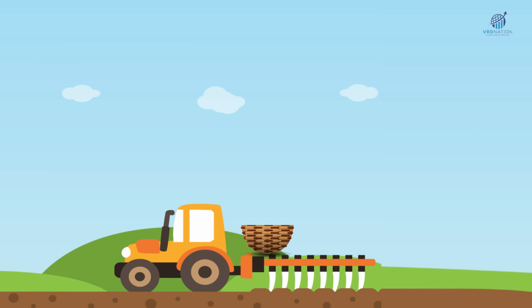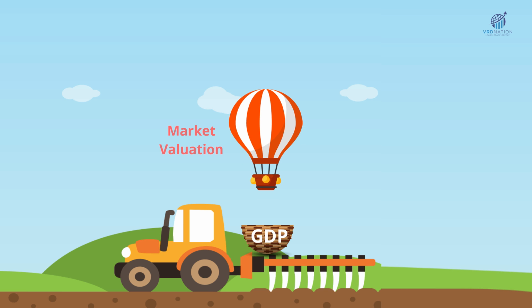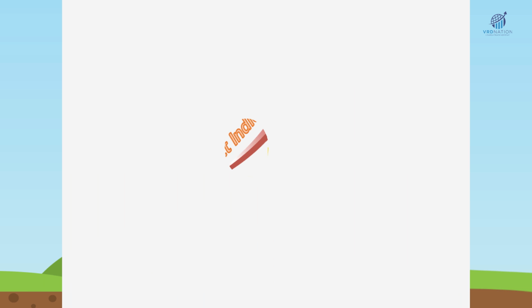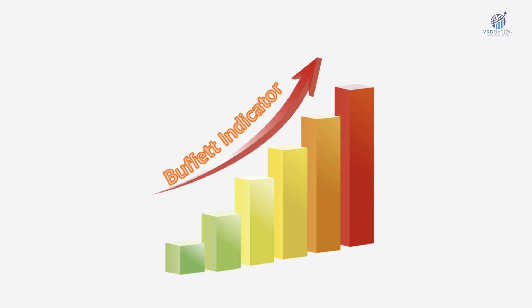The logic behind the indicator is that the GDP of a country gives us hard, ground level information about the country's economy, whereas the market valuation is very subjective. So, by anchoring the market capitalization to the GDP, we can make an objective assessment whether the valuations are reasonable or not. So, higher the value of Buffett indicator, higher are the chances that the markets are in the overvalued